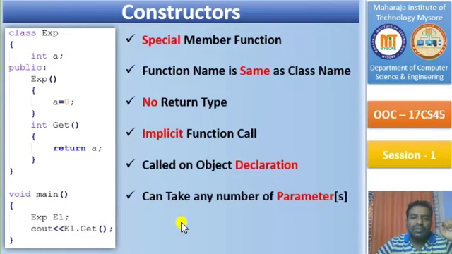So now this constructor can take any number of parameters. Right now it is taking 0 parameters, and that is what I'm mentioning. It can take any number of parameters. When I say any number of parameters, it can take 0 parameters, as in this case. It can take 1 parameter, 2 parameters, any number of parameters. But make sure it doesn't return anything, no return type. It can take any number of parameters starting from 0.